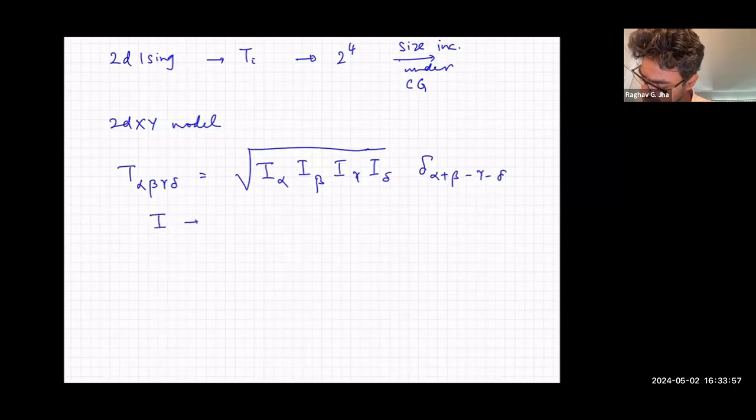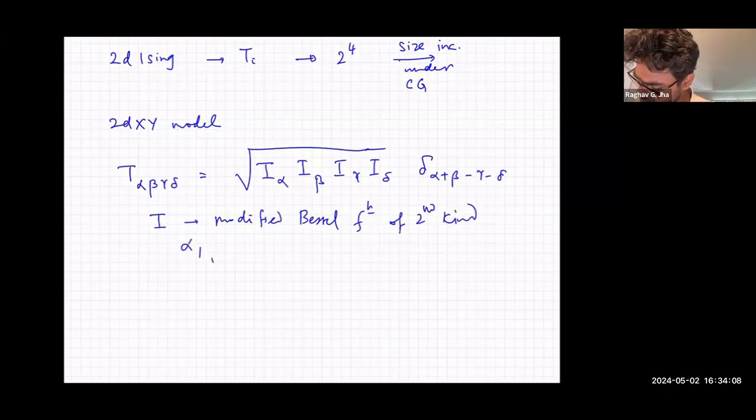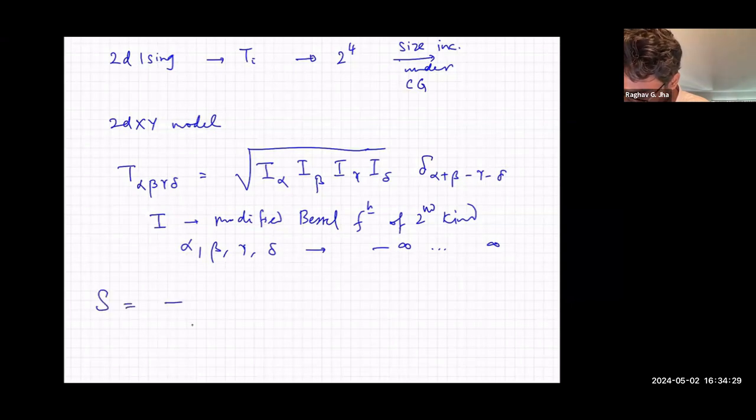I is just the modified Bessel function of second kind. And what do alpha and beta run from? Alpha, beta, gamma, delta. Unfortunately, they run from minus infinity to infinity. This is the initial tensor. Forget about coarse graining, just writing the 2D XY model. I should write down what the action is for that case. The action is just